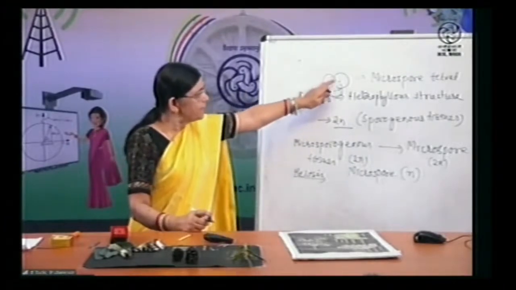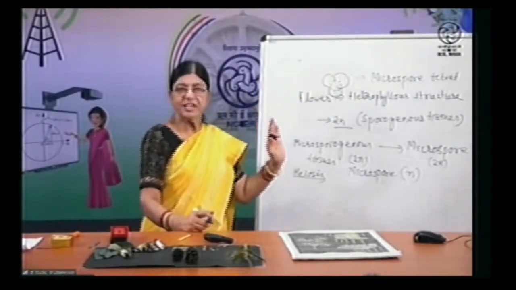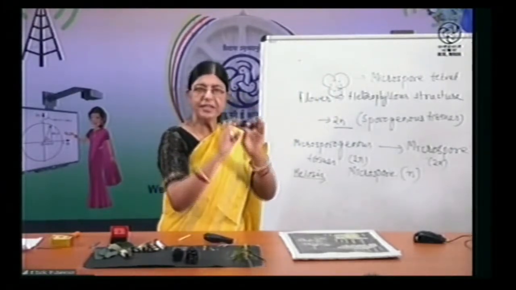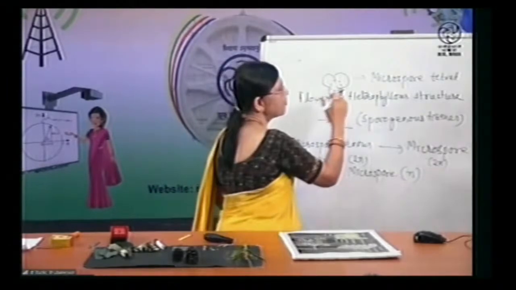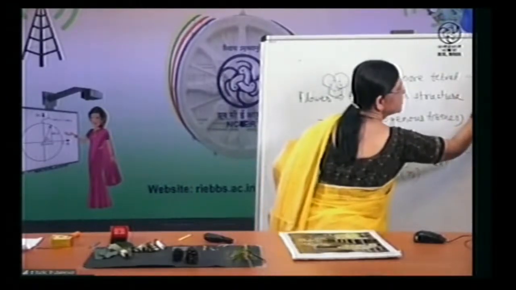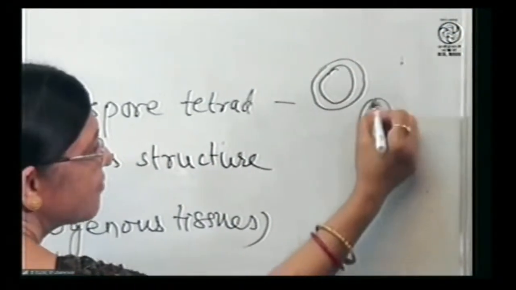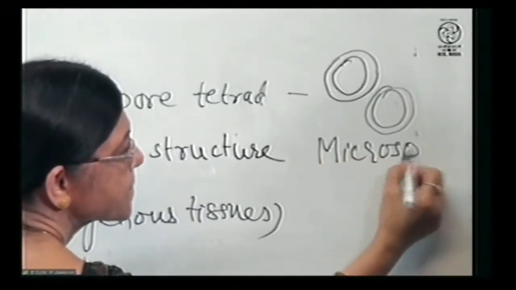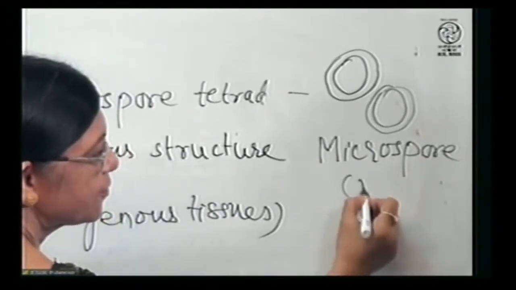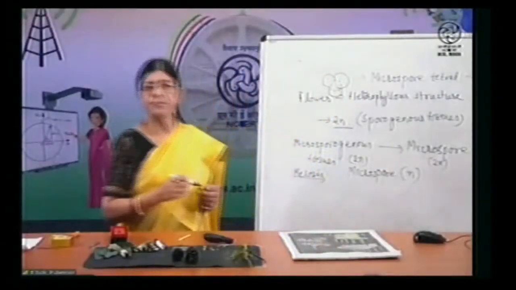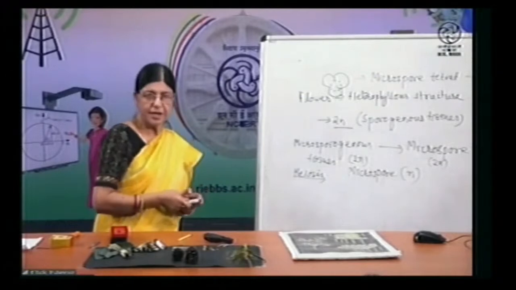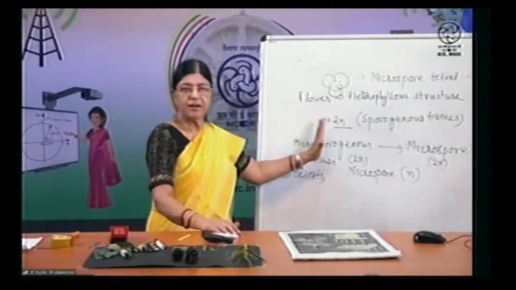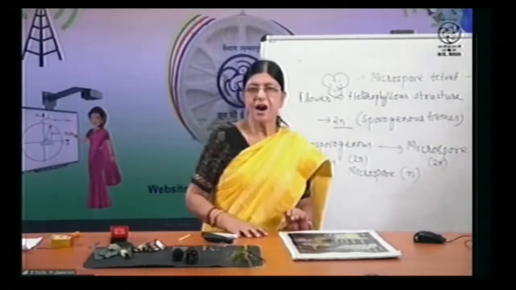Gradually, they will develop their individual cell wall, and when the hard cell wall is developed, they become separated. When they become separated, surrounded by cell wall, they will be called microspores. So what is the ploidy of a microspore? They'll be haploid in number. So I think this has been understood, how microspores are forming.